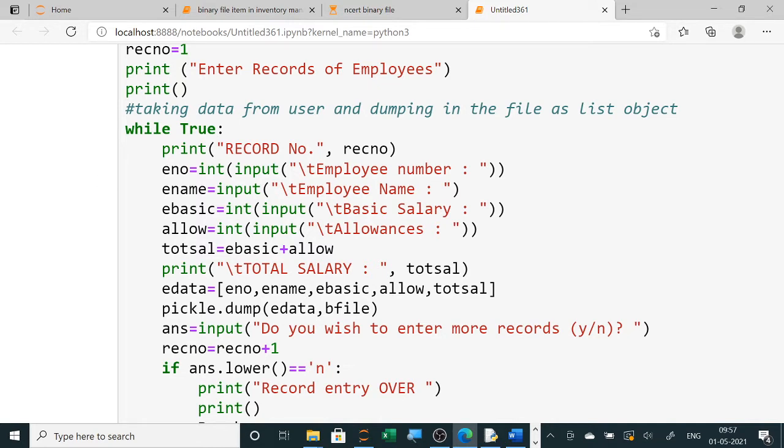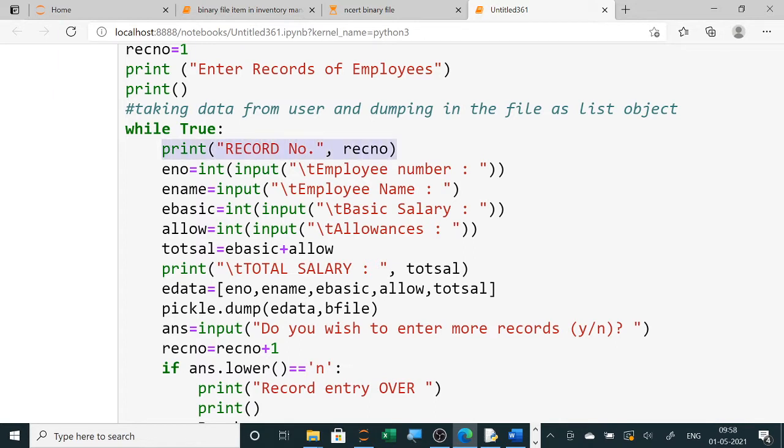In the previous lesson we used a for loop. We were asking the user how many records they want to enter, and then using a for loop we were taking the input and storing it in a list or dictionary. This is the second method, where you are not asking the user how many records they want to enter, whereas using while True you show which record they are entering.